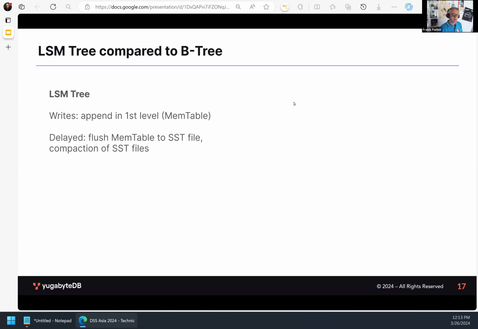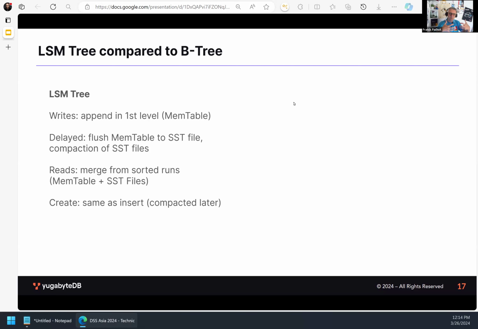memory table. And the SST files, at some point you have many SST files, and they are compacted to maybe bigger, but a smaller number of SST files. And when it reads from the LSM tree, what RocksDB does is merging from multiple SST files. Each of them is sorted, same as the memory table, and then it can read from all of them, kind of a merge happens, like